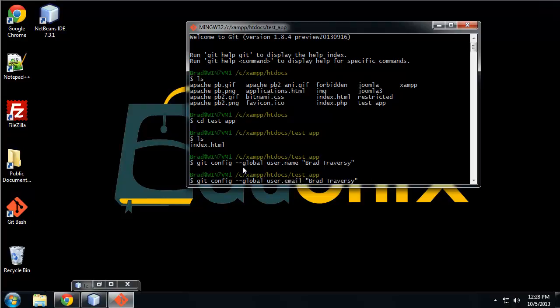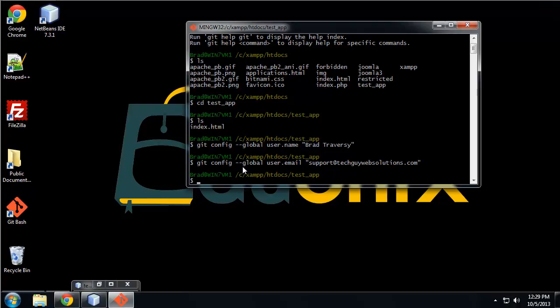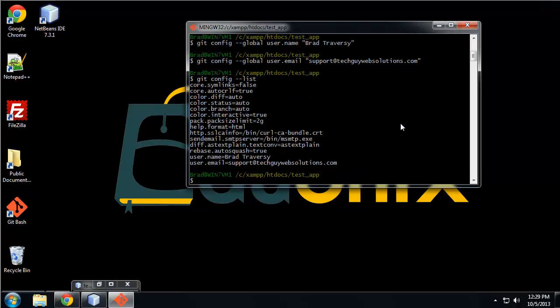And if you want to get back to code you just typed, you just tap the up arrow. Global email. Alright. We can check our settings with git config list, and it shows the username and email that we just typed in and some other stuff that doesn't